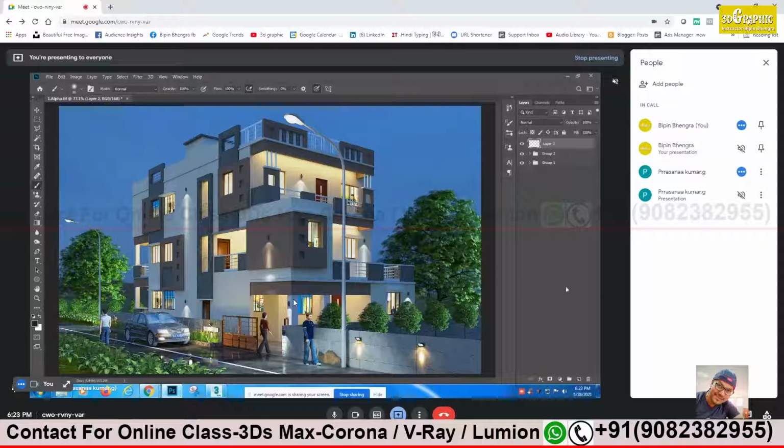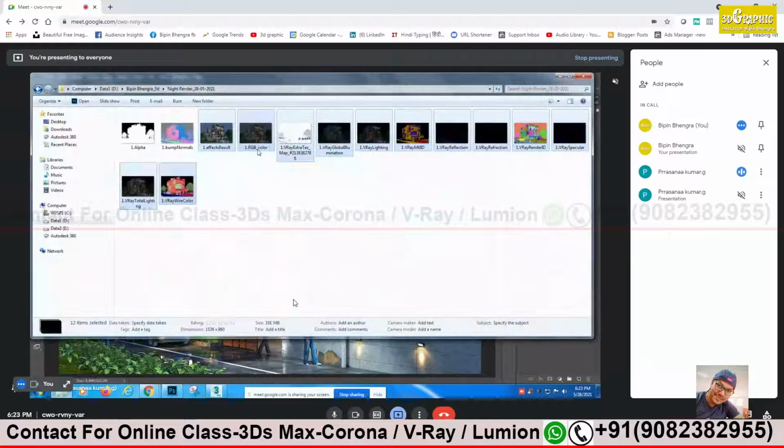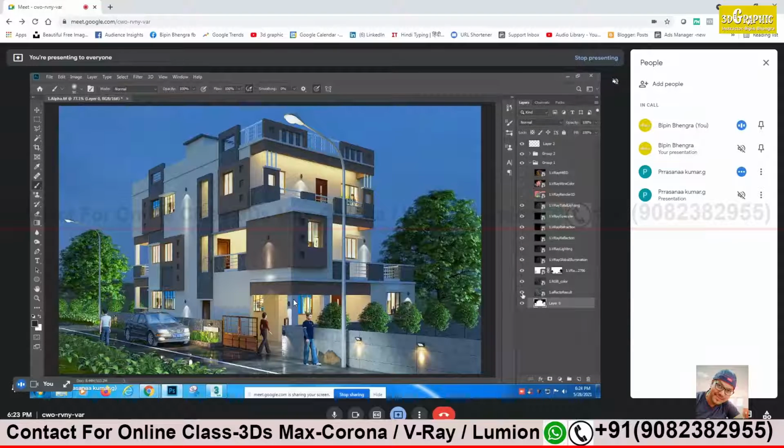Okay, so before that, can I improve the sky? Yeah, of course. Go ahead. What I can do is I can bring alpha. Alpha is already there. For the selection again. Alpha is there only at the last. First layer. Just click the first layer, and then click the sky there.